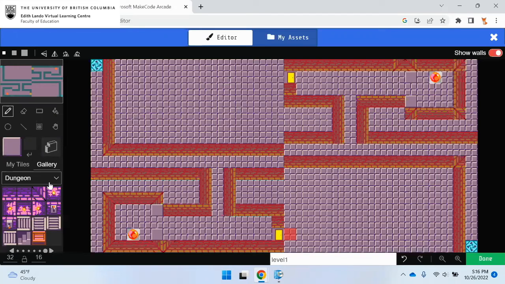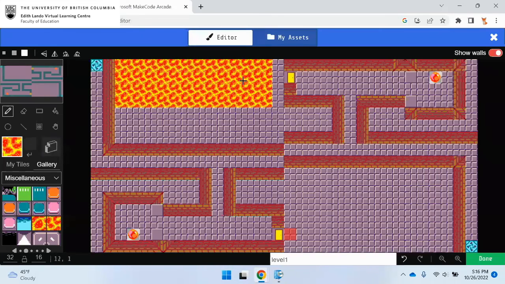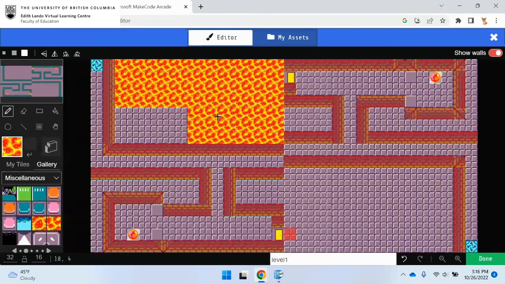So I'm just gonna click on dungeon, and I'm gonna go all the way down to where it says miscellaneous right here. Under miscellaneous, I'm gonna go to the right, and you can see you actually have two lava tiles. You can click on the lava tile, and up on the top you have 3 different size boxes. I'm going to choose the largest box, and I'm just going to fill that room with lava like